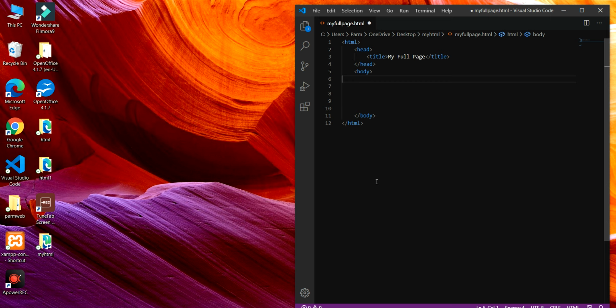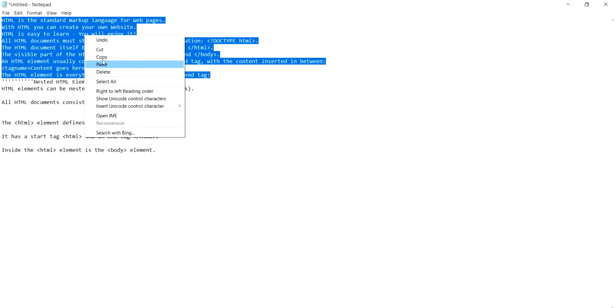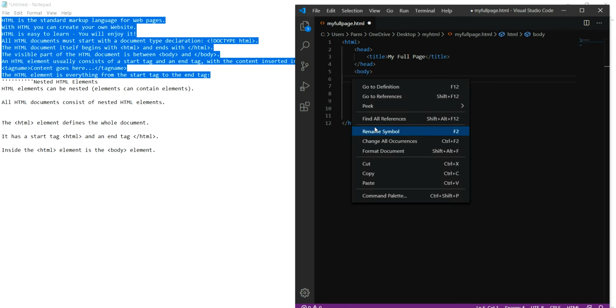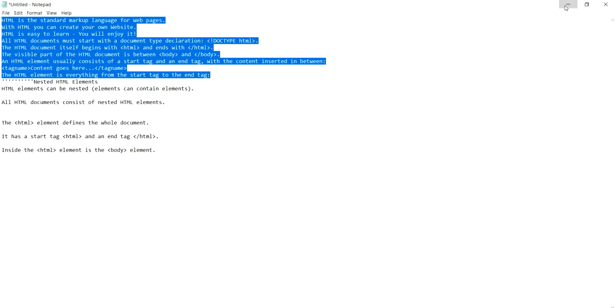You can simply type, or you can copy the contents from your simple text editor and paste it over here. So I have copied the contents from my simple text editor and pasted the contents over here.